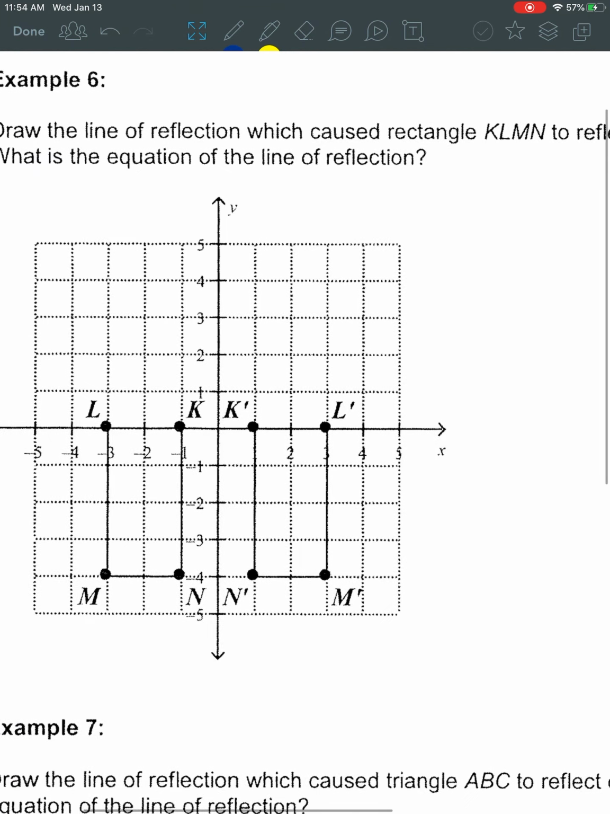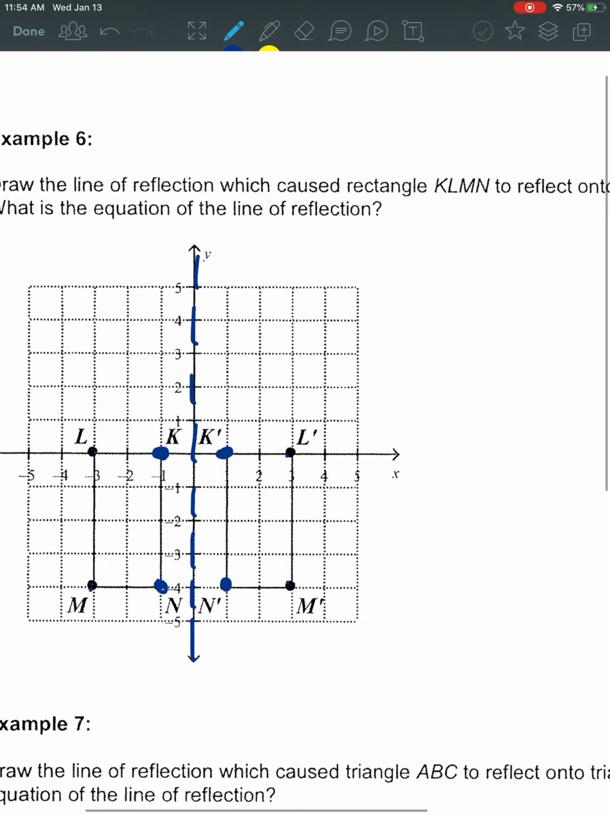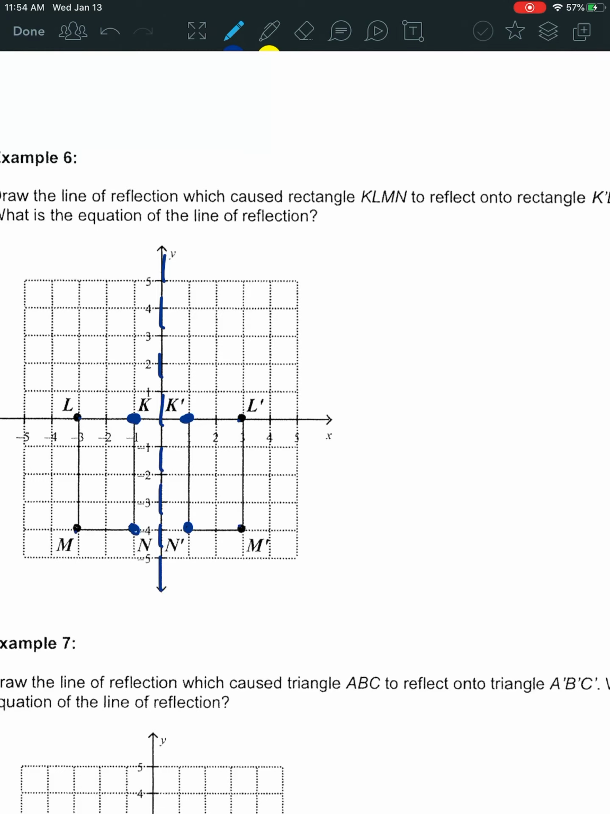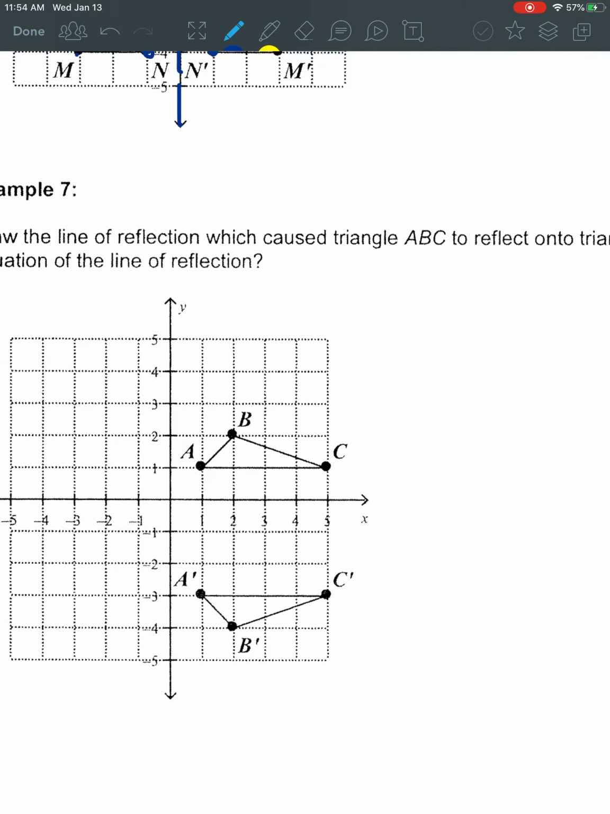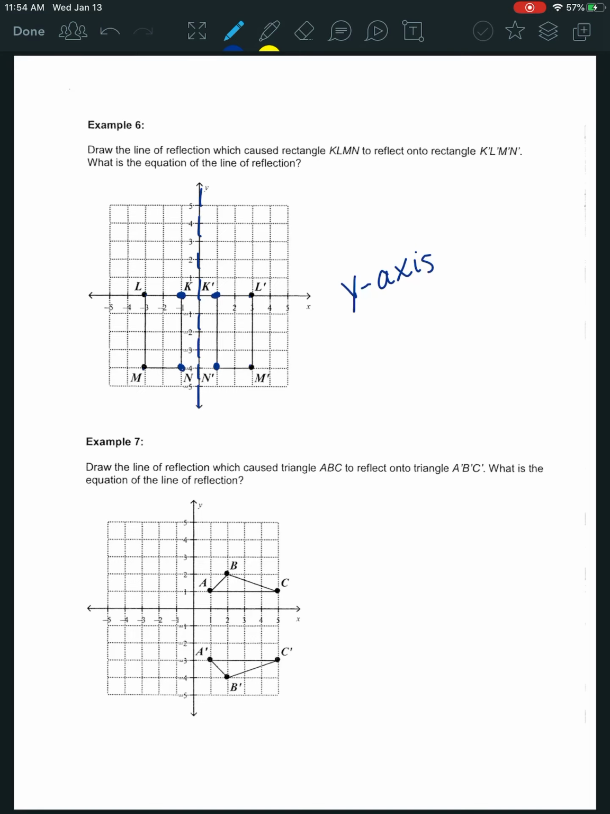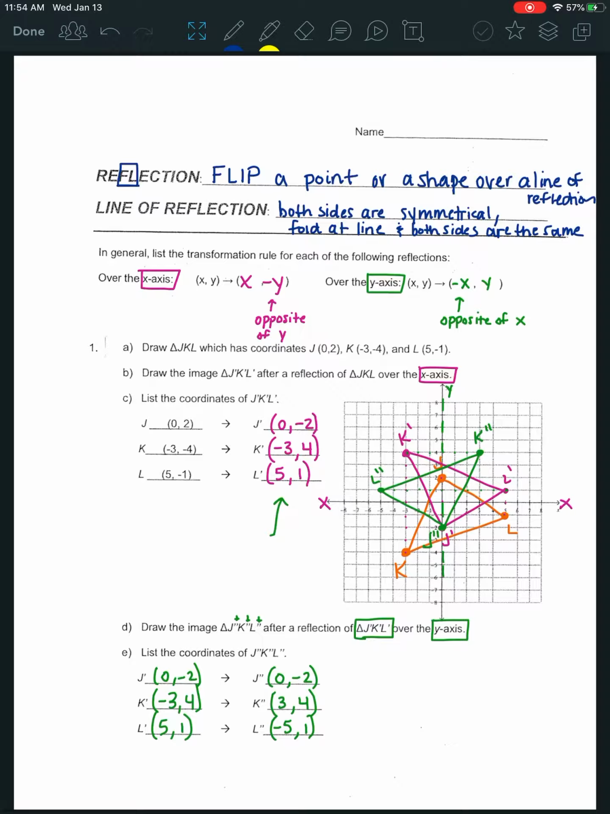Then last one is you are actually going to find the line of reflection. So see where these points line up. Here is the original K, the pre-image, here's the image. N and N, so you can match up, make sure that your letters are correct, and then see where that line of reflection is. So that dotted line is where we would fold. That is the y-axis, so that's our line of reflection, okay? Do the same thing with this one and see if you can figure that out, and we will talk about the solutions for